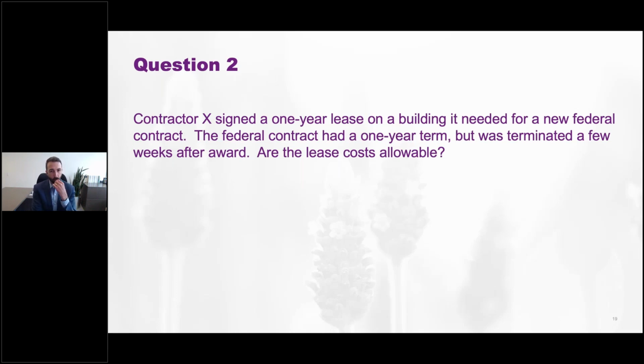But it's terminated a few weeks after award. Well, what does it mean at that point? Take reasonable efforts to reduce costs. Well, I think one thing you might do is see if you can sublease it or offload the lease, right? Is there a market for subleases? Because if you put out a solicitation for subleases, or you get a real estate agent who says, hey, there's actually somebody who will take this lease and they'll pay you more than you're paying the landlord. Well, in that case, it sounds like a pretty good deal, right? You have a way of defraying your costs.